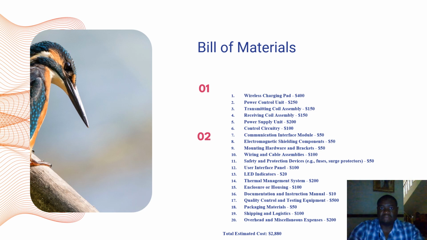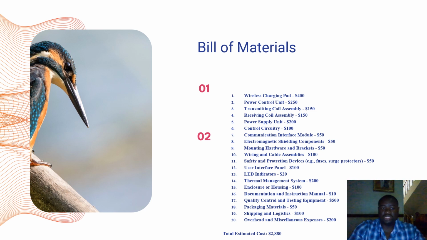All these are the estimated amounts. It could be more, it could be less. I hope it's less. I think it's better to be less. The user interface panel, $100. The LED indicators, $20. Thermal management system, $200. Packaging materials, $50. Overhead,